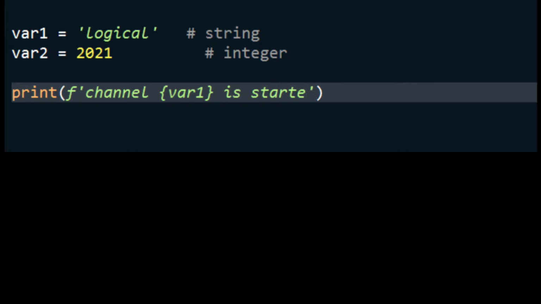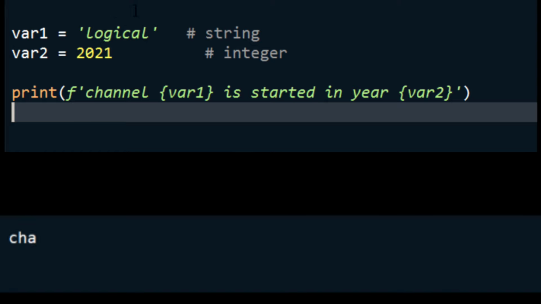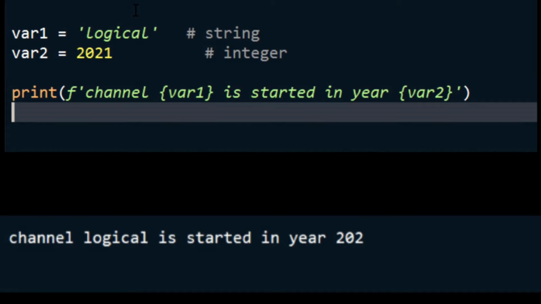Next is our text again, is started in year, curly brace means variable 2. So whatever is written in curly brace, that will get evaluated. At the bottom you can see the output. So in this way curly brace will get evaluated.